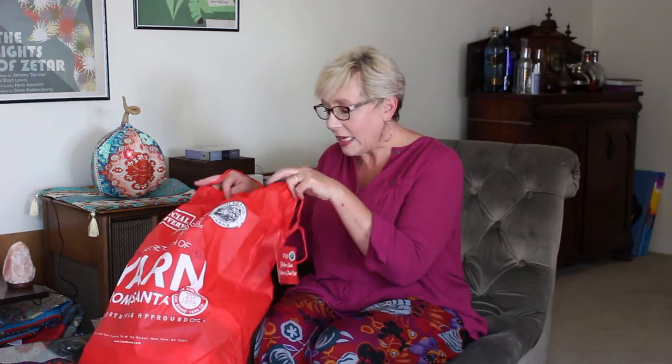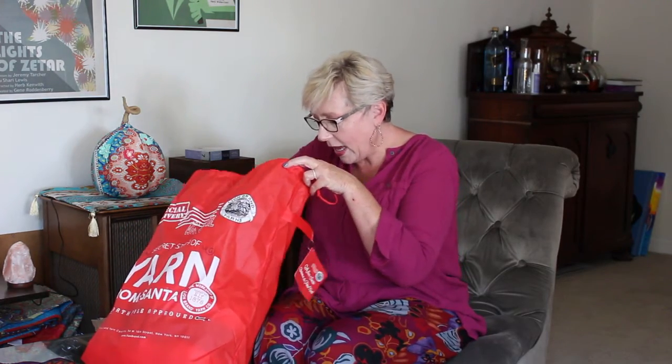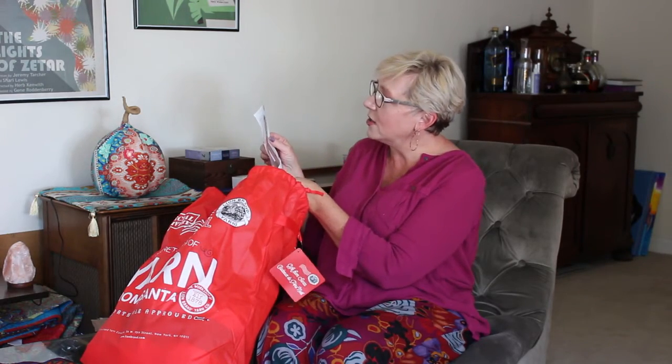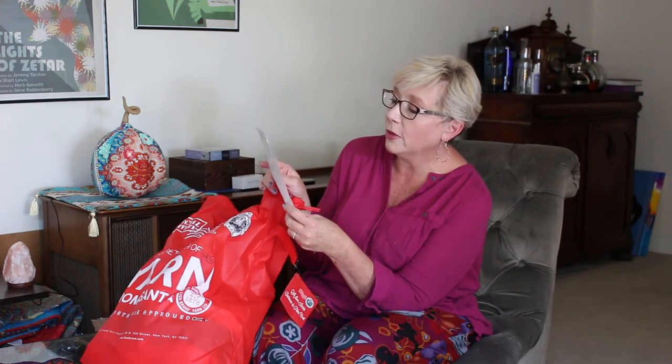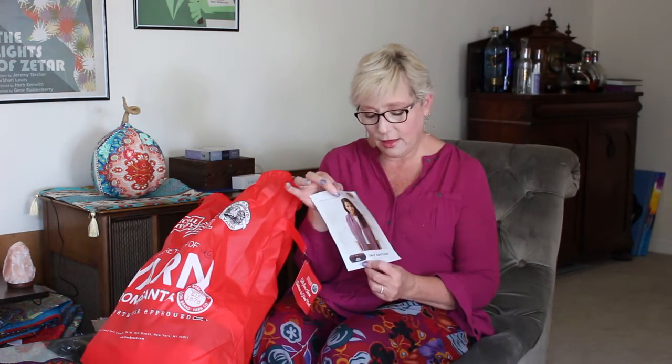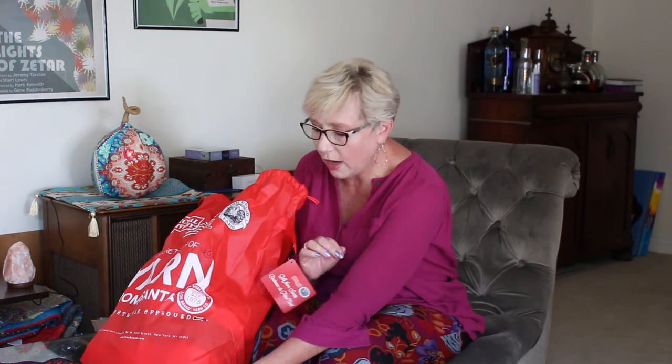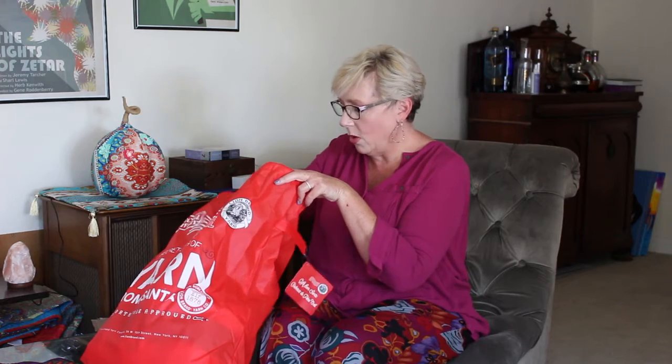Okay, so in this sack, I'm opening it to see what I got. Oh, okay, this is nice. So they give you this nice pattern, diagonal lace shawl. So that will tell me that there's actually enough yarn to make this shawl, which is great. Okay, so this is using the 24/7 cotton, which is really nice. I do like their cotton. And lo and behold,